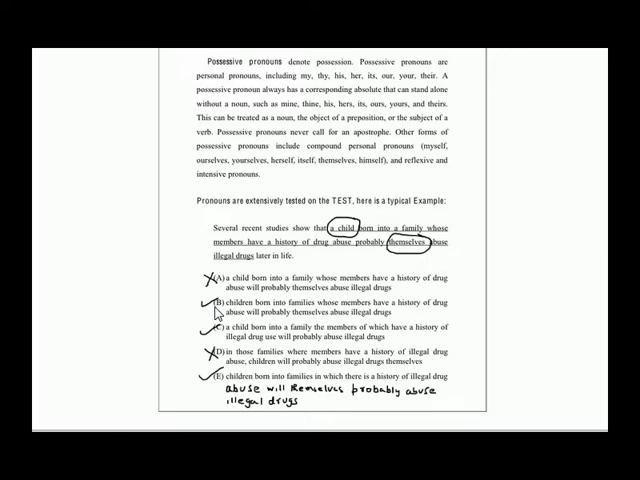B says children born into families whose members have a history of drug abuse will probably themselves abuse illegal drugs. Now this sentence is grammatically correct, has no additional extra words, there's no meandering around, and the meaning is clear. This can only mean one thing. So B does remain a strong candidate. Choice C says several recent studies show that a child born into a family, the members of which